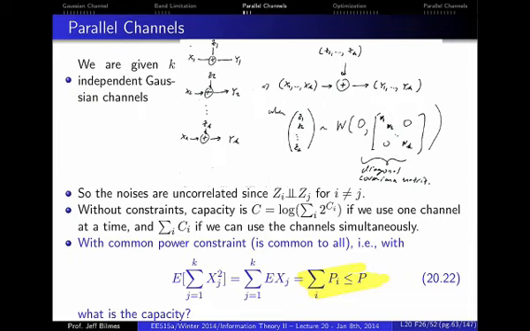So this kind of makes sense, right? Because it says my total energy is bounded, and if I use it n times, then n times P is the energy. There might be additional individual constraints. If you think of this as a vector or as a polytope, you could think of this as having, like, if this is P1 and this is P2,